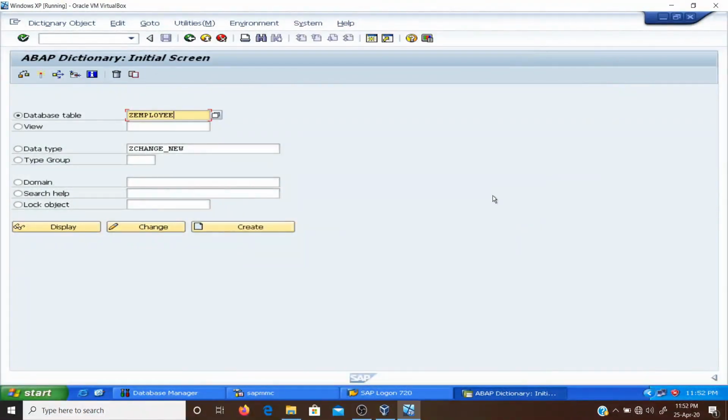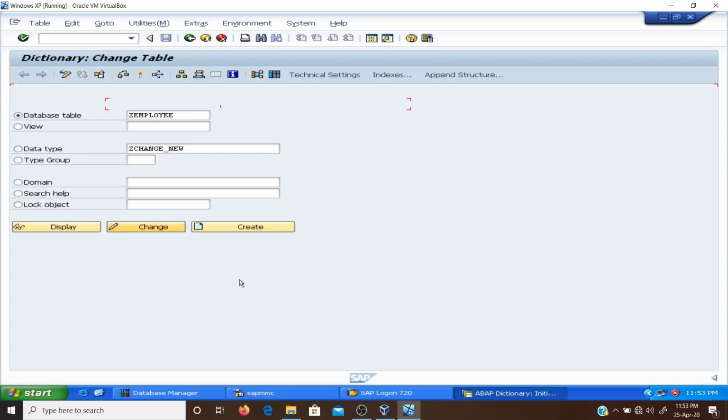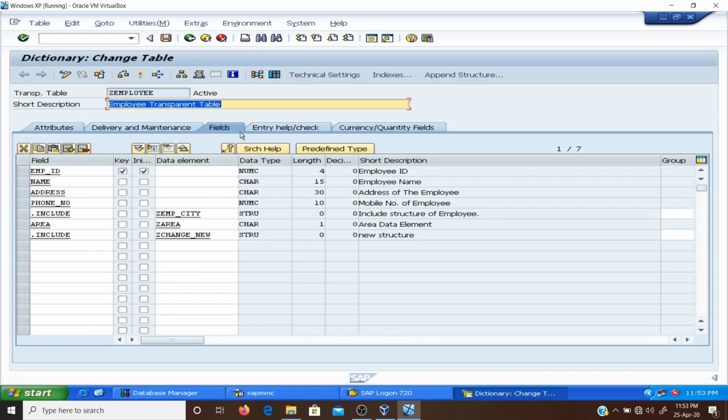Now next we see the practical example of where use list. If you want to see the where use list, I have already told you and discussed about this one. The where use list is always associated with each object that you create. So for example, in our case, there is a database table Z employee. I am clicking on the change button and you can see this is a symbol